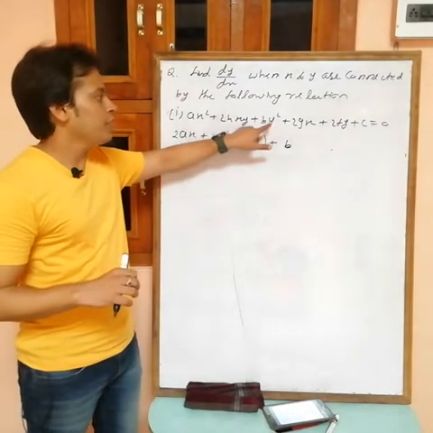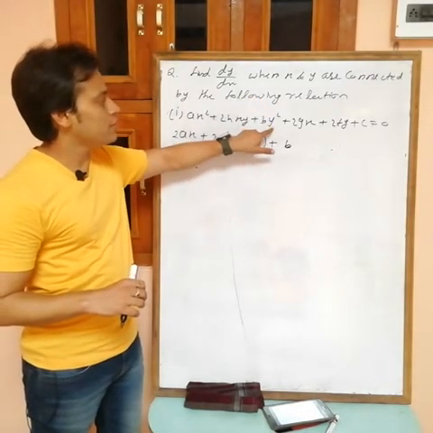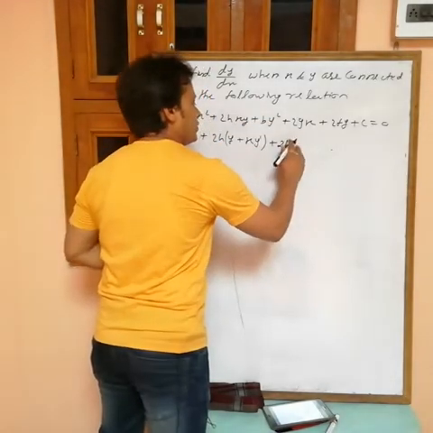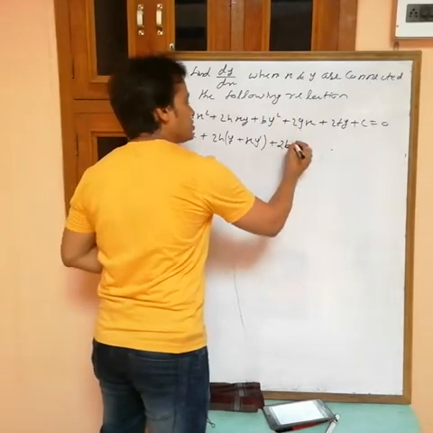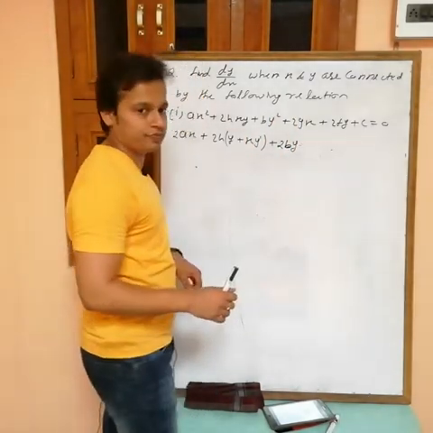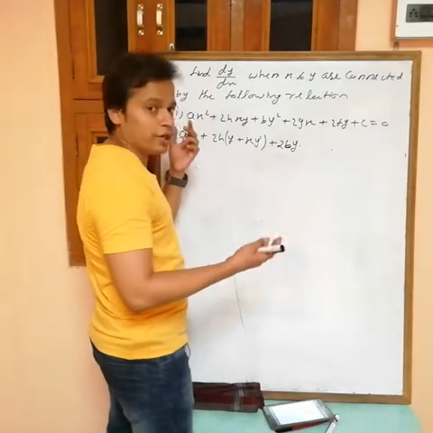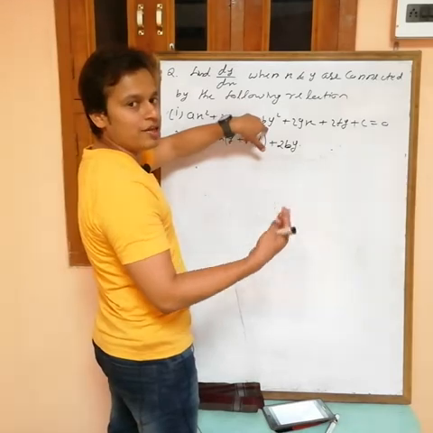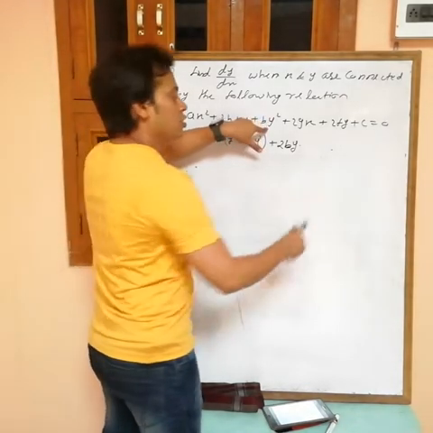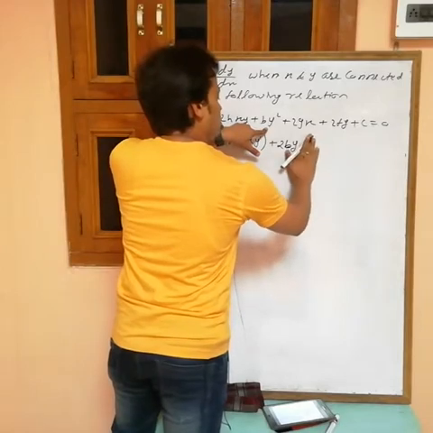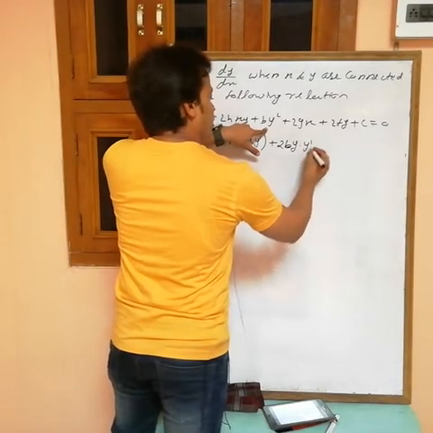So I am assuming y as x, then this is like x square and differentiation of x square is 2x, but in the place of x we have to put the assumed x, that is y. Now again differentiate the assumed x. We are assuming y as x, but y is not x, so differentiate y with respect to x. The derivative of y with respect to x is dy by dx or y dash.